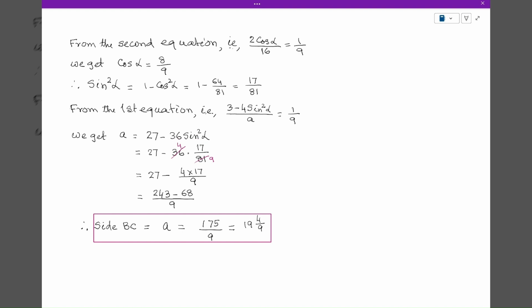Or putting in the value of sin square alpha we have got here, we get A is equal to 27 minus 36 multiplied by 17 by 81, which is equal to 27 minus 4 into 17 by 9, and that is equal to 243 minus 68 divided by 9, or 175 divided by 9. Since side BC is equal to A, we get side BC is equal to 175 by 9, that is equal to